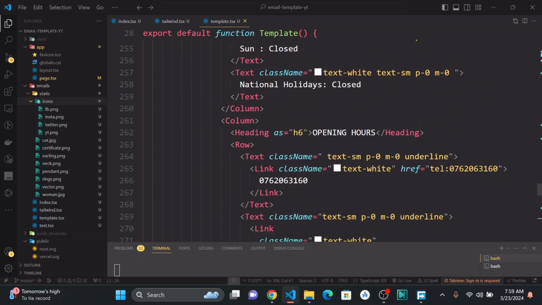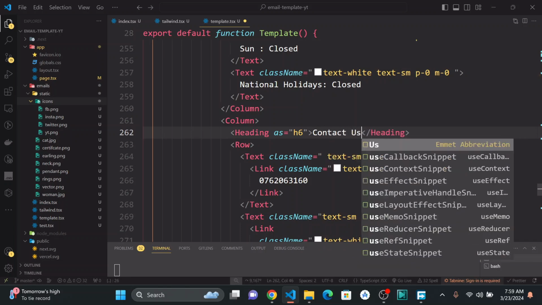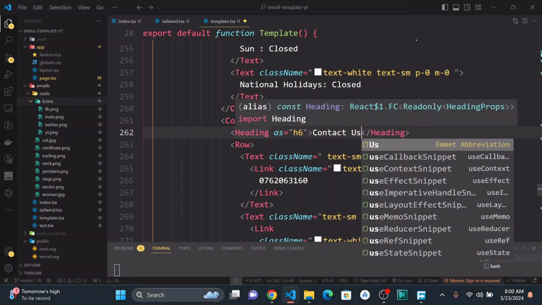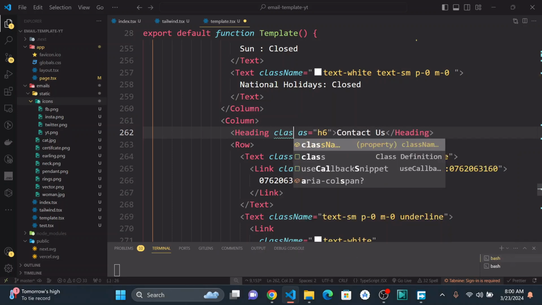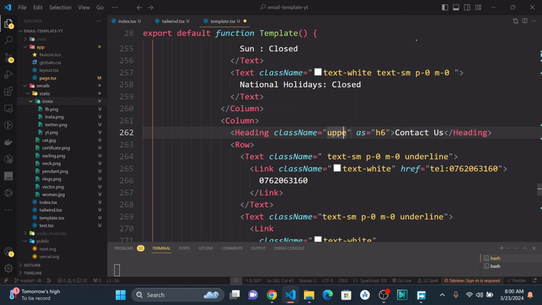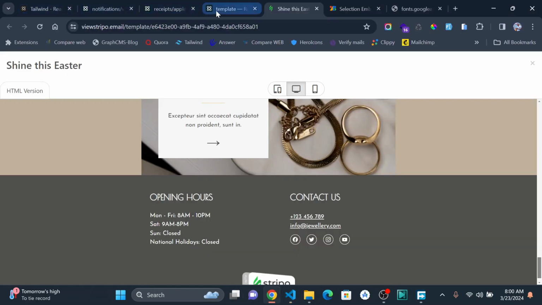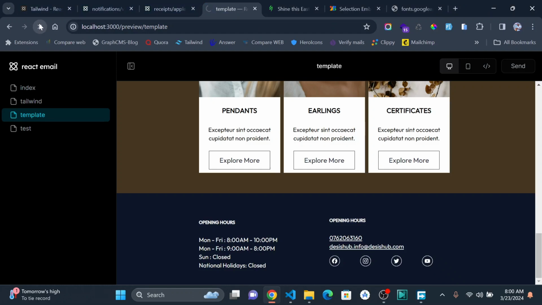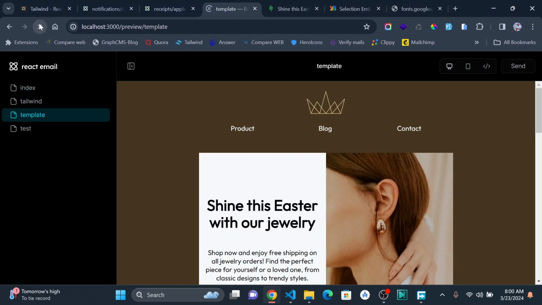Opening hours, and then this one is contact us. Of course, you could just give it an uppercase class, uppercase. Okay, nice. Okay, so